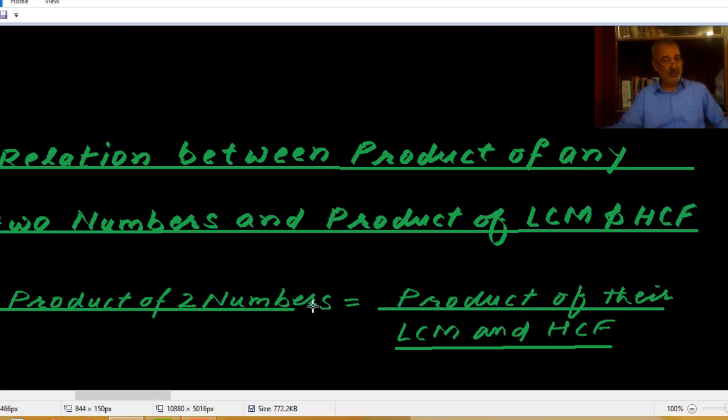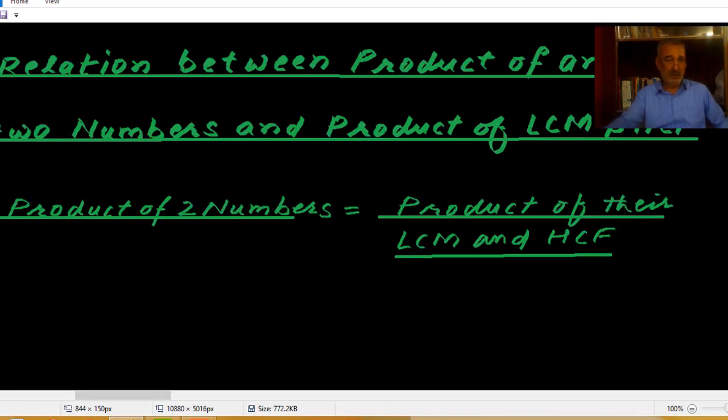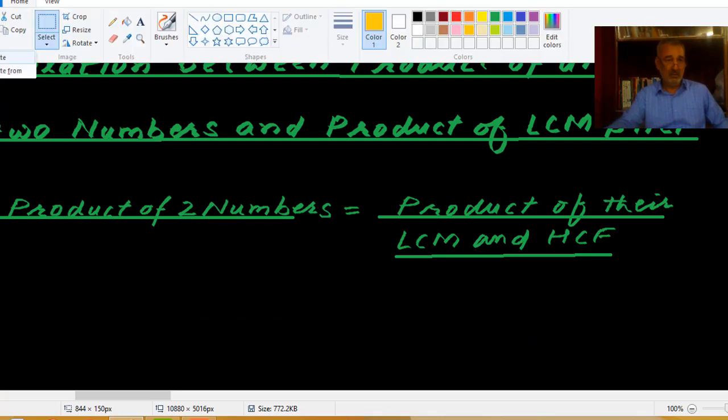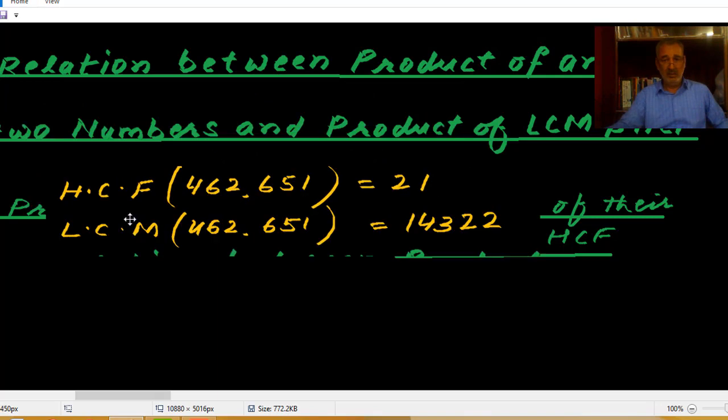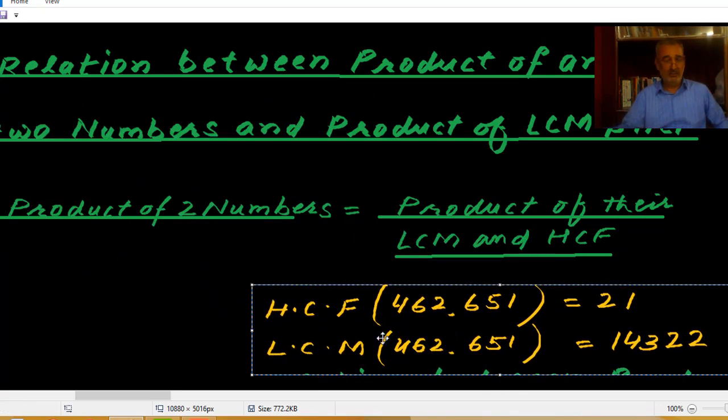So product of two numbers and product of their LCM and HCF. प्रोडक्ट ऑफ एलसीएम एचसीएफ थी क्या, मैं यहाँ कॉपी कर लेता हूँ। यहाँ हमारे पास एलसीएम एचसीएफ अलग अलग आ गए हैं। हमारे पास नंबर क्या थे, 462 था, 651 था। इनके प्राइम फैक्टराइजेशन क्या क्या थे, क्या आपको याद है? तो यहाँ हम उसे लिखना चाहेंगे।